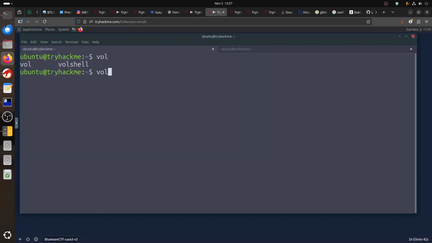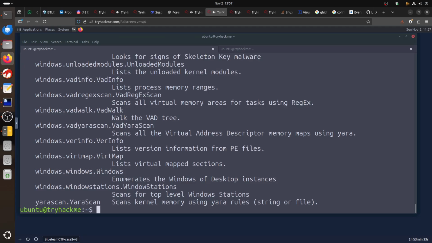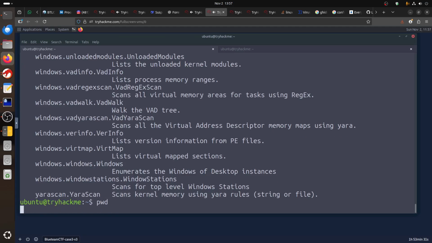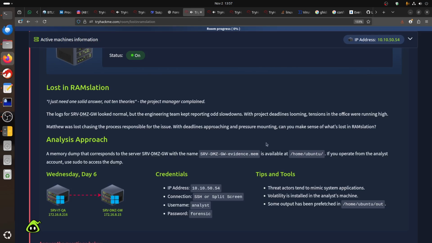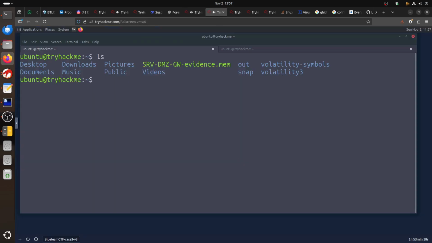Volatility is installed. You can see it's there already. vol -h. Now Volatility framework 3, so we know it's there. Now he said the PW, that's the Ubuntu. Let's see what we have. We have the memory dump. They tell us there's a memory dump there, but also they give us output so we don't waste time. We already have the information in out. So if we go to that, cd out,